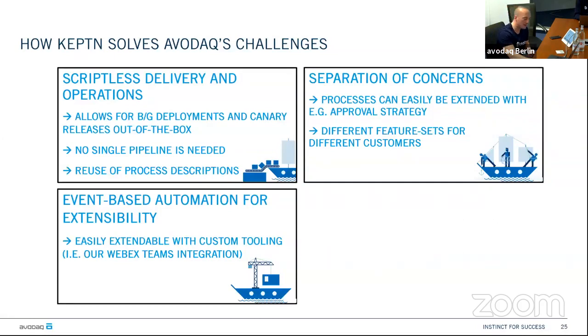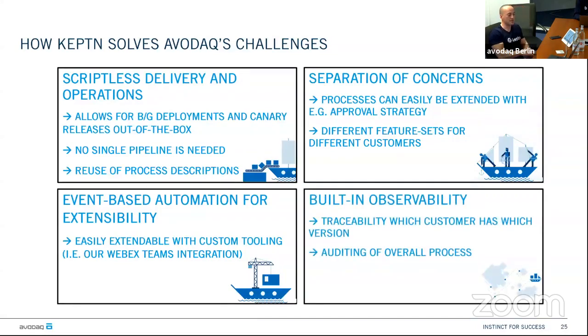And last but not least, we have this kind of observability. For me, it's transparency. I, in my role as a manager, want to know what's going on in the development team, what kind of environments they're working on, and I'm most interested in, are we running into some kind of errors? Is there something where we need to take action? And this is clearly achievable with Keptn and all these kind of automated remediations and automated messages.